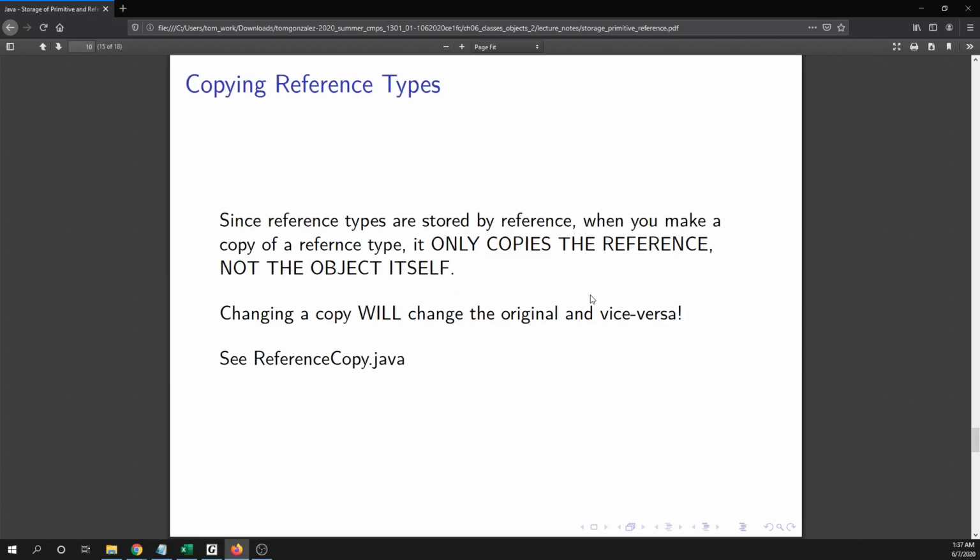Okay, so now that's the situation for primitive types. It is different for reference types, okay? And so the key here is that when you copy a variable of reference type, okay, remember that's any of the other types besides the 8 primitive types, the information in the object does not get copied. It only copies the reference, which is a memory address, okay? It only copies that memory address. So